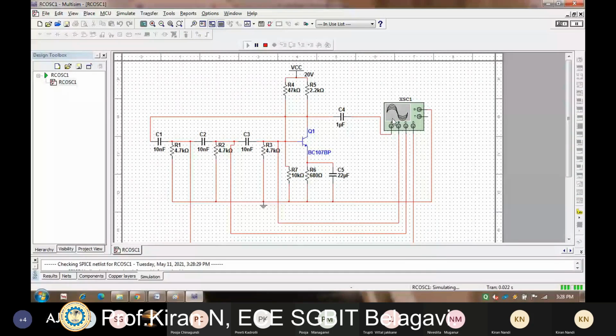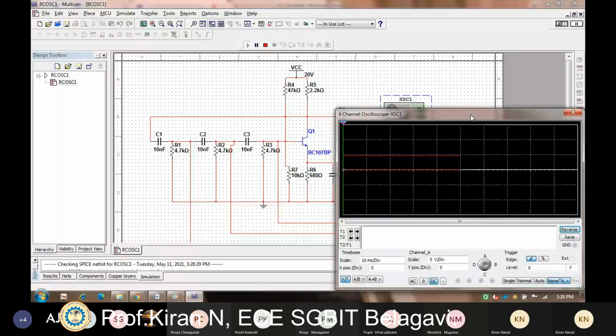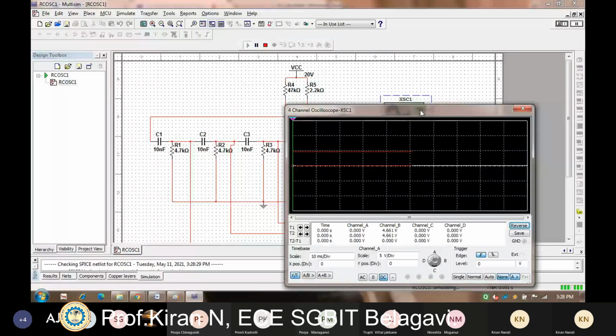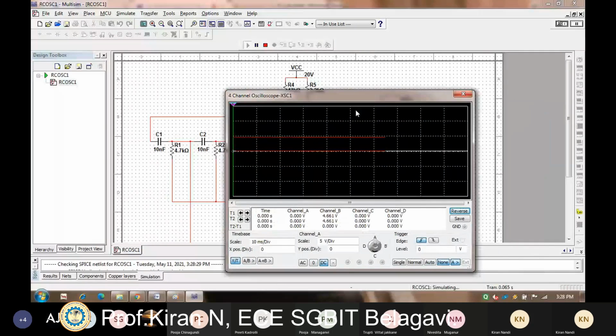So if you click on this, you'll find the output. So like this. So you are getting oscillations here.